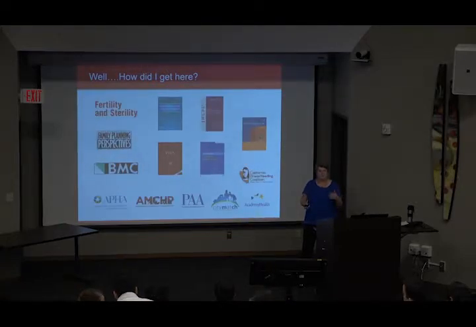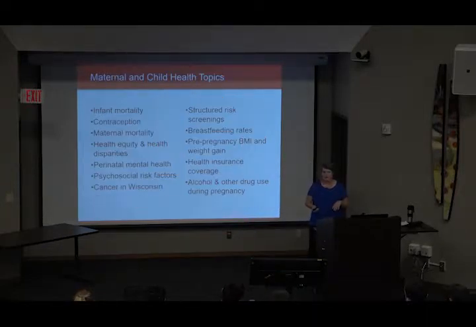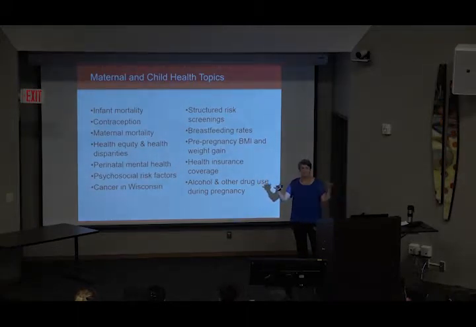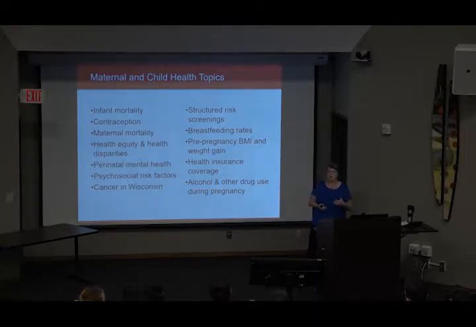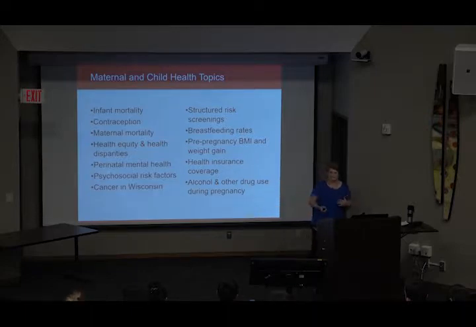So how much I published kind of depended on what kind of job I was in, whether I was doing more information for policymakers or things that were publishable. So I published in a variety of family planning and contraception and maternal and child health journals and presented widely on those. So a wide variety of topics. I'm kind of more of a generalist than deep into any one specific thing. I've done the most work on health equity and health disparities in infant mortality, but I've also worked on maternal mortality and contraception and a whole lot of other things.